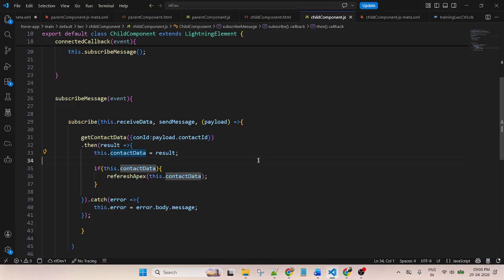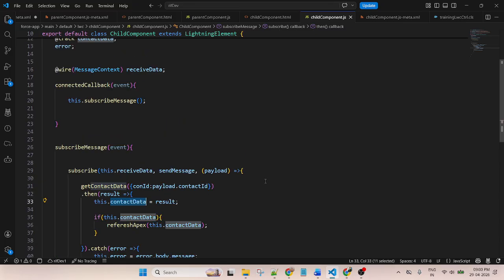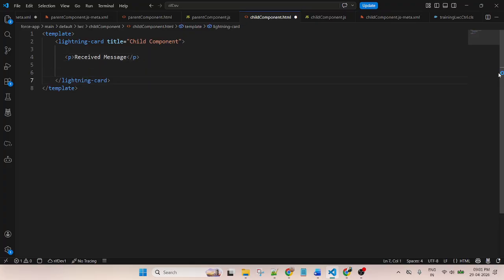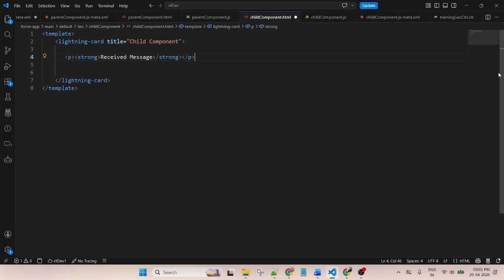So I am storing the data inside this track variable. Now I will call this variable in this component. Remove this, because this is my previous session's title. Let me make it bold so that it looks bold. Below this title, first I will create a table.